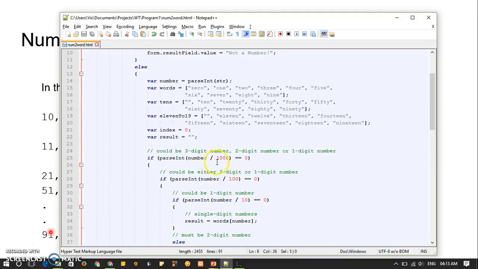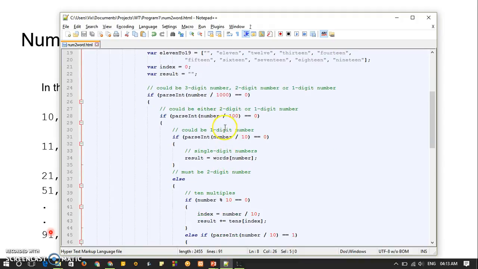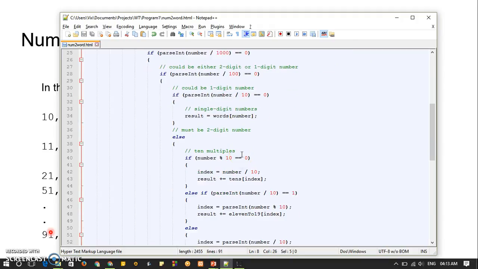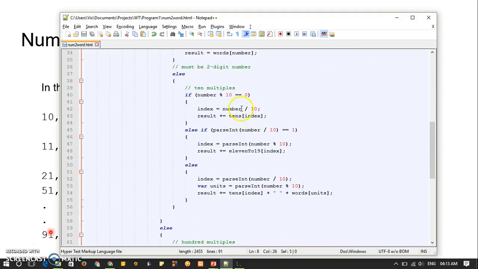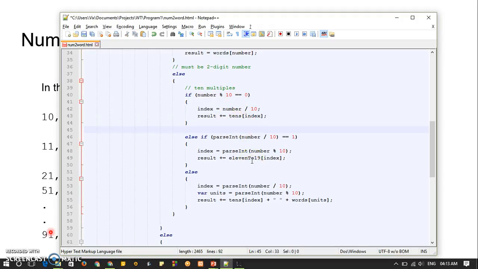when a number could be called a 3-digit number, when a number could be called a 2-digit or 1-digit number, and how to calculate the words for multiples of tens, and how to calculate the words for some unique numbers like 11, 12, 13, and so on up to 19. And we also learned how to